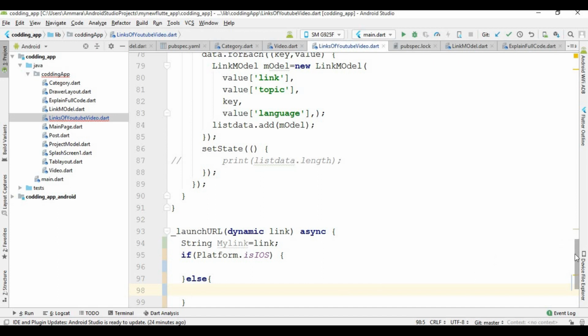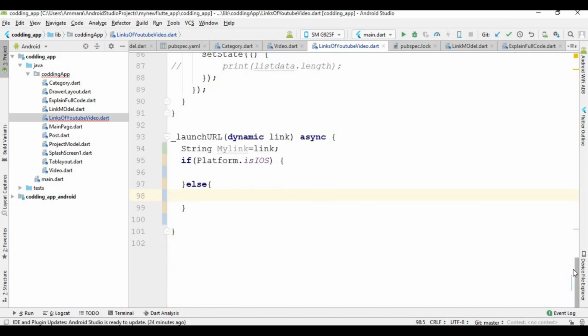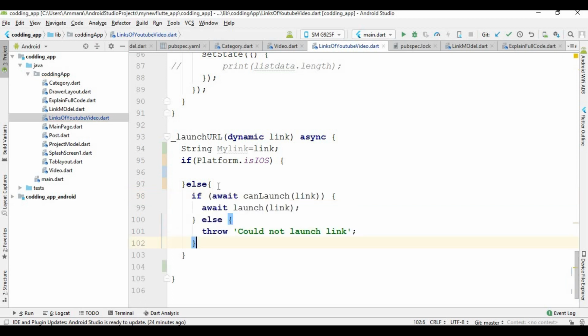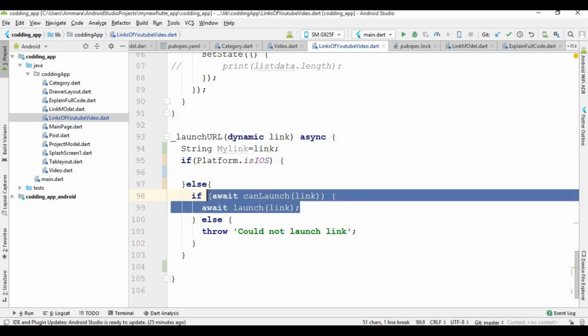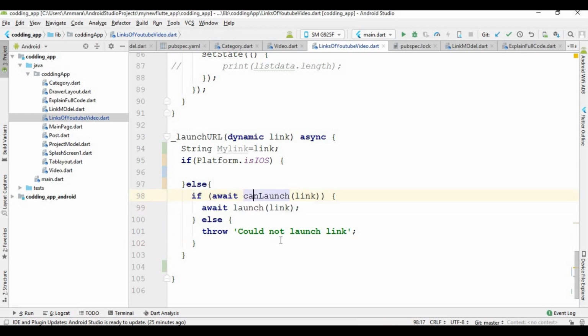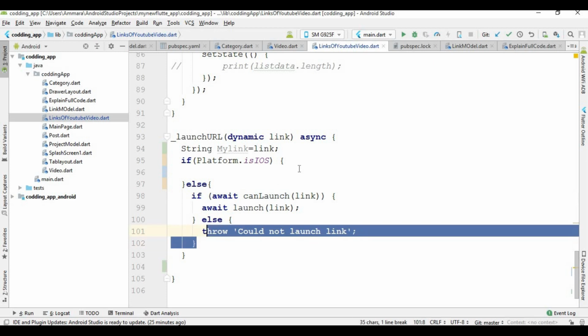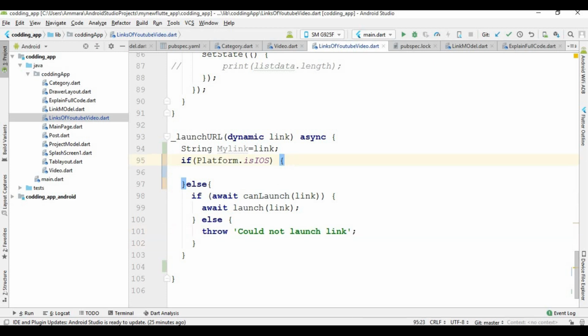Okay, so first of all I check whether the link can be opened or not. So first I check, by writing this condition, whether our app can open the YouTube video or not. So if our app can open the YouTube video, this if part runs, and if the link is not opened, then this else part runs. Okay, so similarly in this iOS